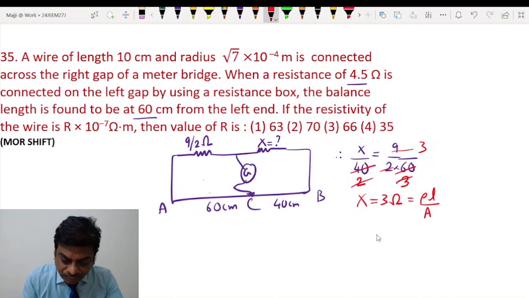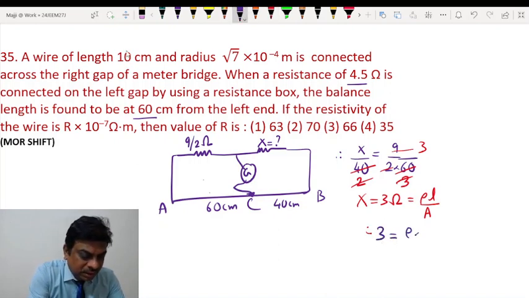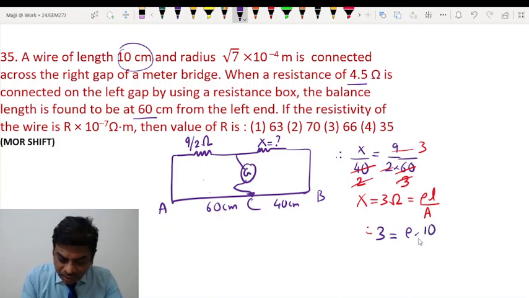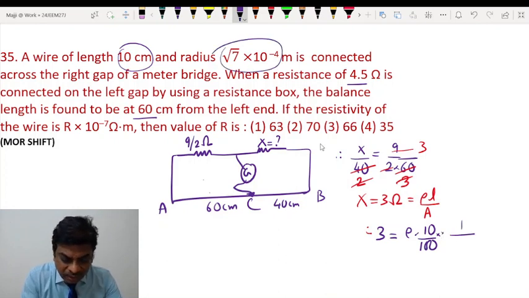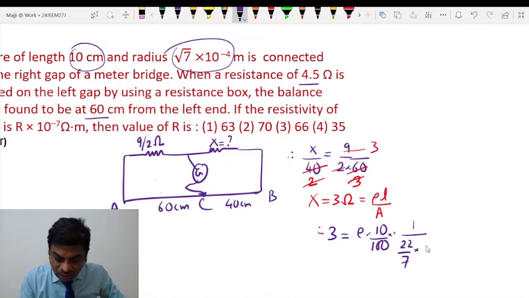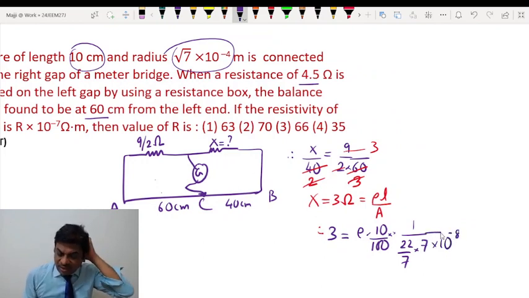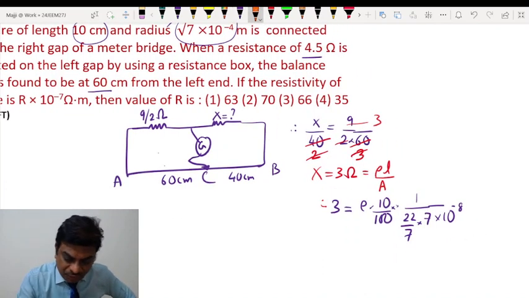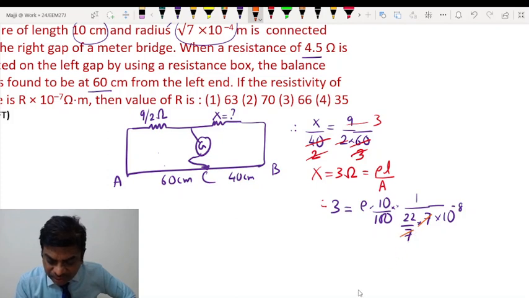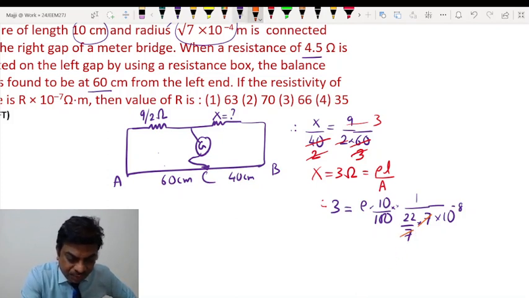Right. So here you can see that 3 is equal to rho into length. Length is given as 10 cm. So 10 centimeters to be converted into meters by dividing by 100, and cross sectional area will be pi into radius square. So pi, I'll take pi as 22 by 7 into radius square. So radius square is 7 into 10 to the power minus 8. I have substituted everything in assignment, students. Okay. Then, so here 7 gets cancelled. You can see. So therefore, we are left with